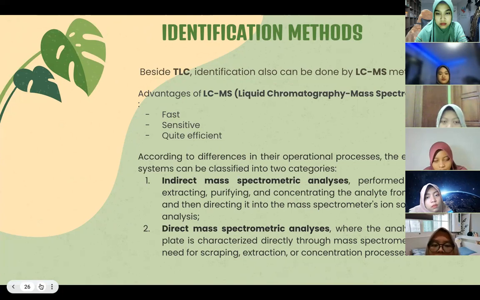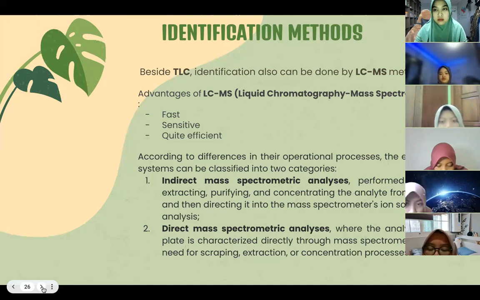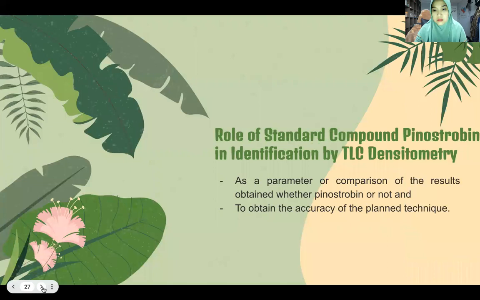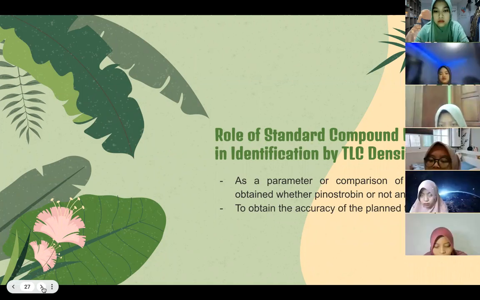The first one is indirect mass spectrometric analysis. It extracts the analyte from the TLC plate, and the second one is direct mass spectrometric analysis. In this type, we don't need to scrape or extract and concentrate the sample. The role of pinostrobin or standard pinostrobin is as a parameter or comparison of the result obtained, whether it is pinostrobin or not, and the second one is to obtain the